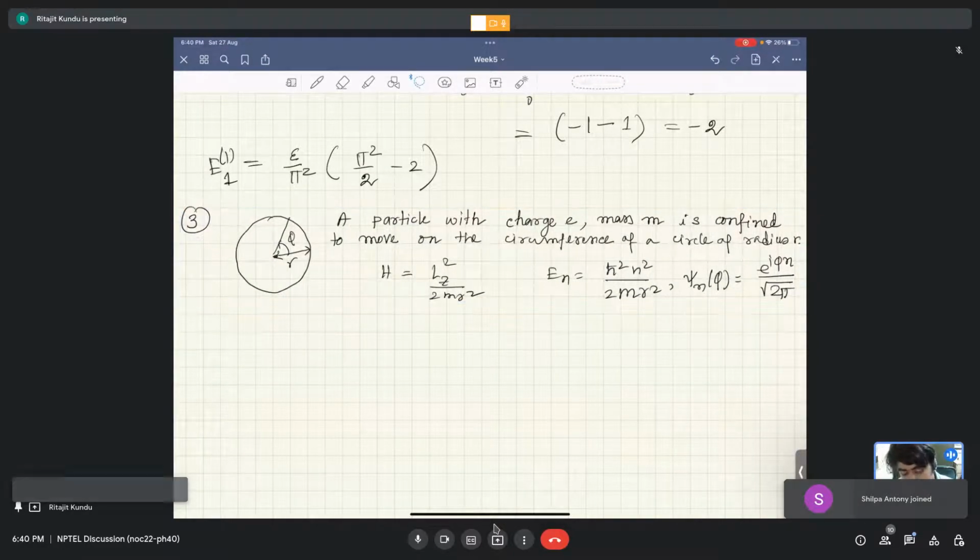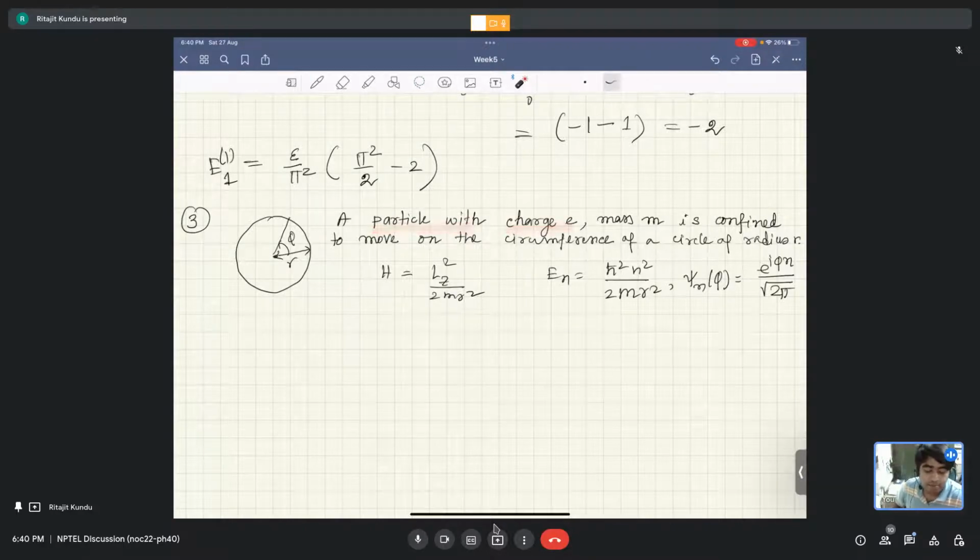Okay, so in this problem there is a particle with charge E and mass m, and this is confined to move on a circle with radius r, so it only moves along this. Okay, so for that